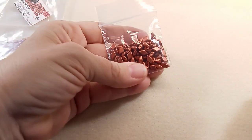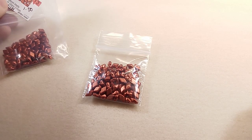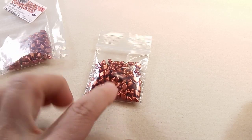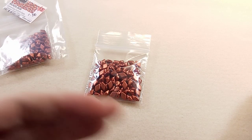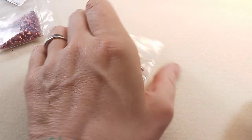Then we have these guys. These are the Diamond Duo. I haven't made anything yet with these Diamond Duos. I've been kind of collecting them a bit. These were $1.50 a bag, which is